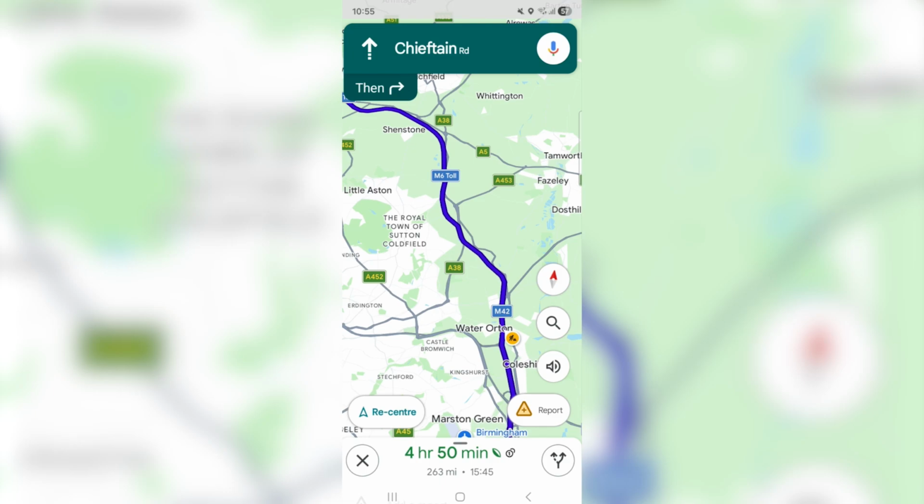In this video, I'll be showing you how to fix the voice navigation in Google Maps not working on your